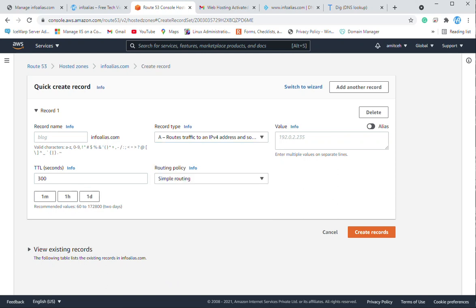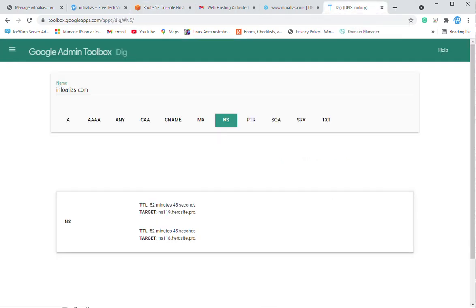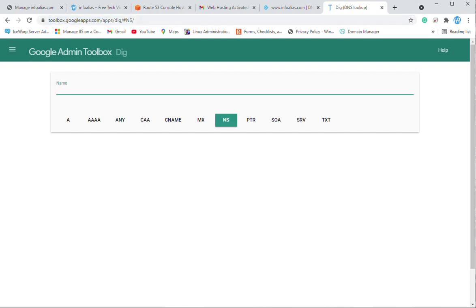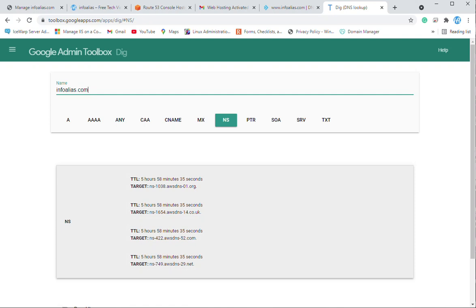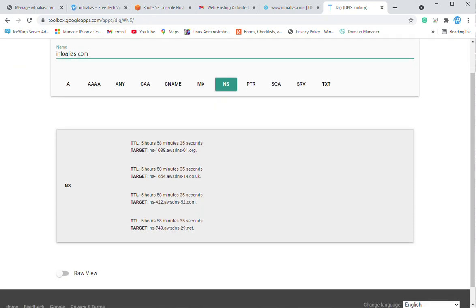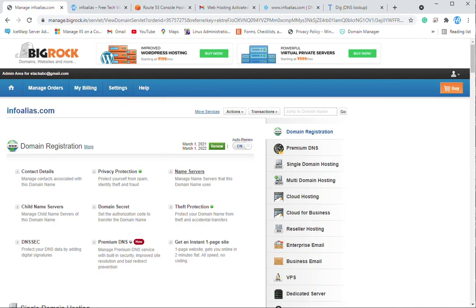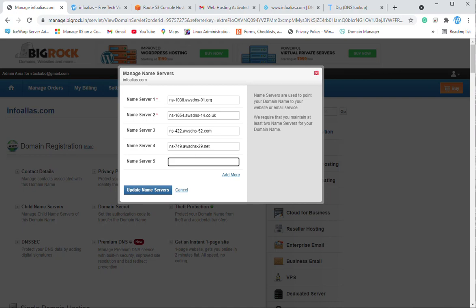Now we will go again to the DNS dig tool and see if the infoalias.com records have been changed or not. Now we can see the AWS records are visible over here, the records which we entered as the name servers on our domain.